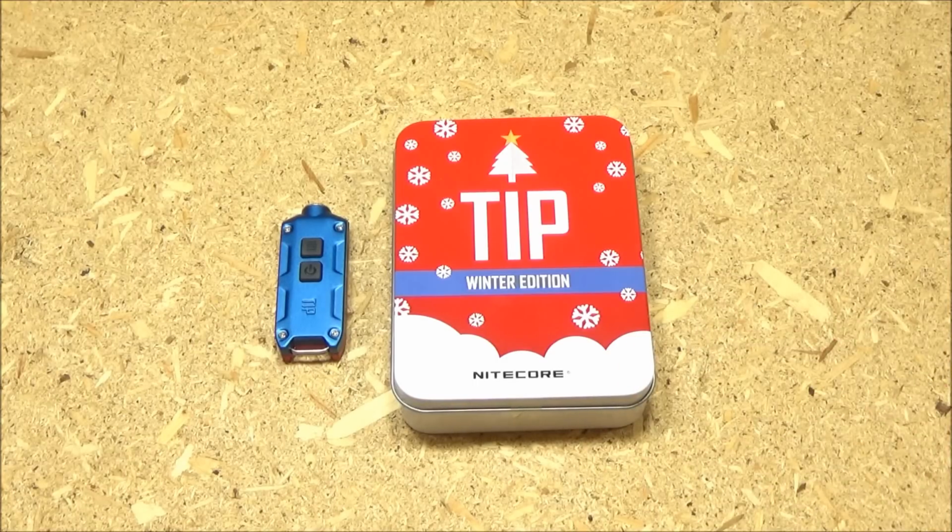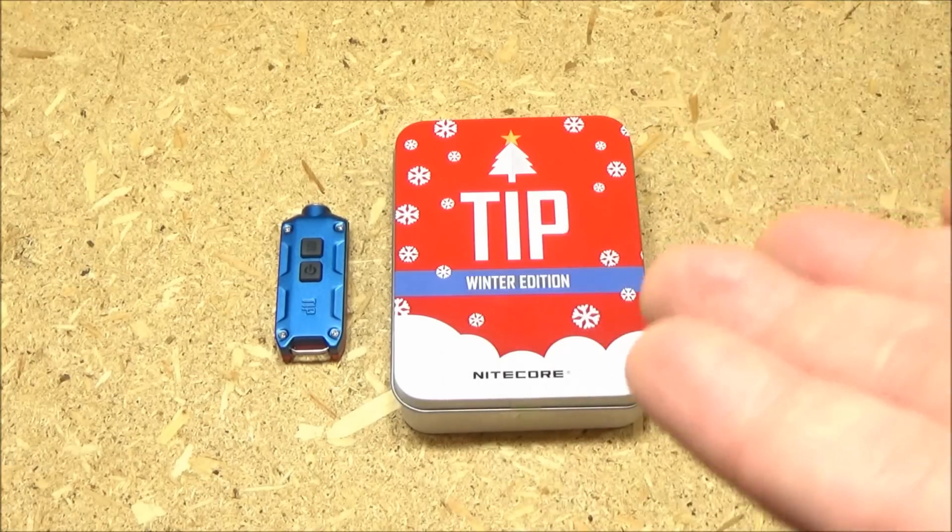Okay, so yeah, this thing is really useful as an EDC item,